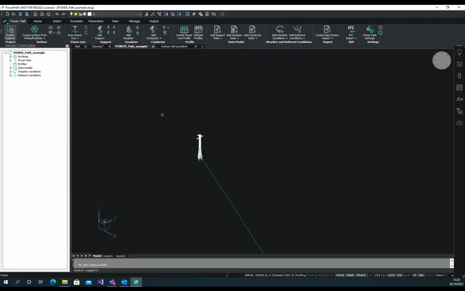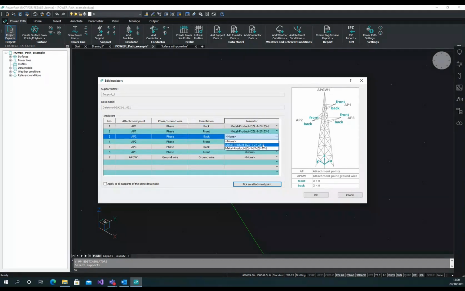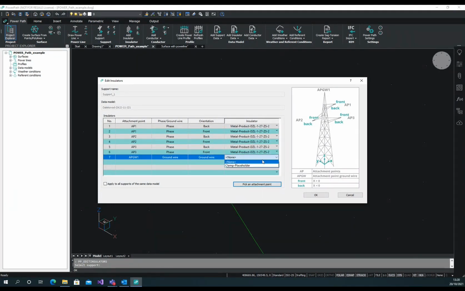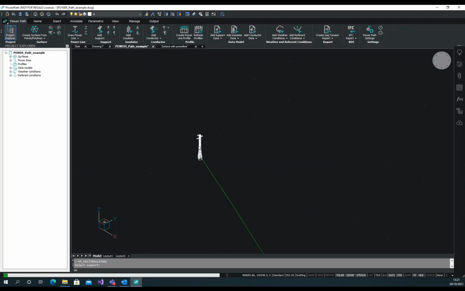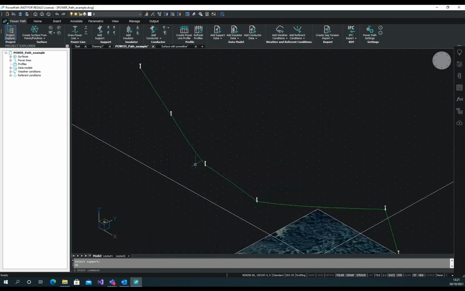Once again, click on the edit insulator icon, select support, and just select the insulator's type. I just need a little time to select them all because it's 5 insulators, and of course check the option apply to all supports of the same data model. And now when I click on OK, just wait a little time, we can see that our insulators are added